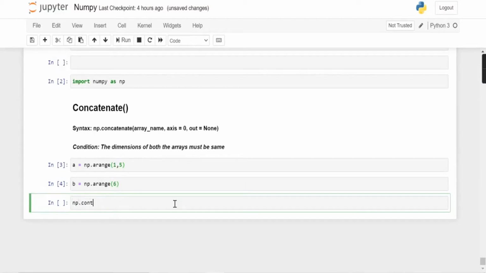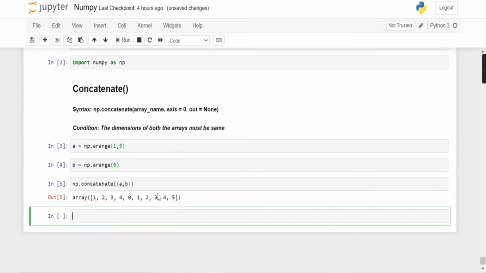So np.concatenate, and I'm going to concatenate both A and B. So A comma B, and for a 1D array the axis is 0, so we don't want to specify it, and let's run it. And now we can see that both the arrays A and B are concatenated with each other.